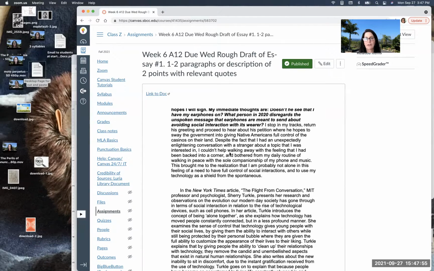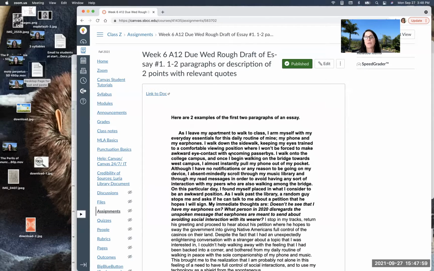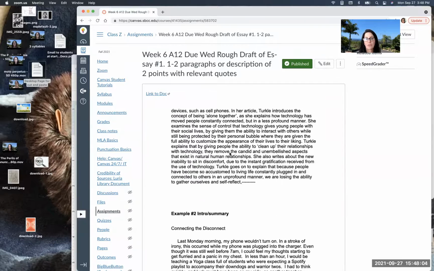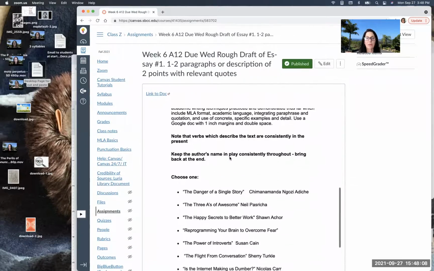This is a student who wrote two. This is just from an essay. It's the first two paragraphs. So if you were going to submit the first two paragraphs, she wrote those. And here's another intro and summary. So what the examples are on the instructions for this week are just two first paragraphs that different students did. So the more examples you look at, the easier this will be. It's one thing to read the instructions, and I understand it's a different thing to actually do it, to pull it off.